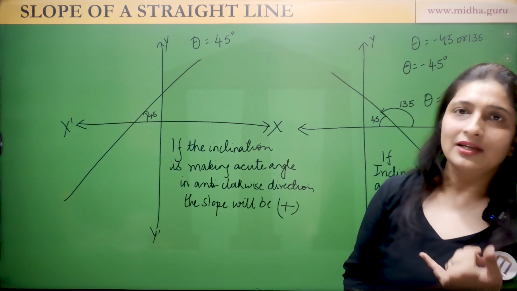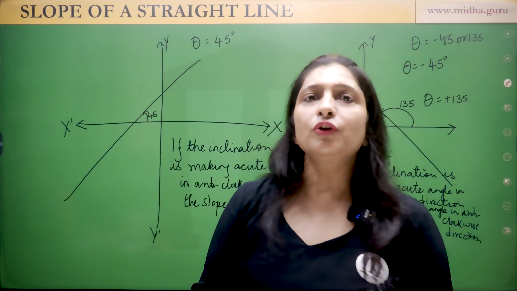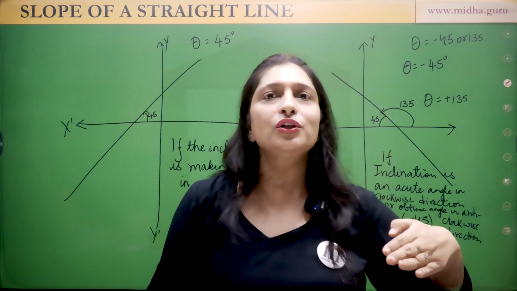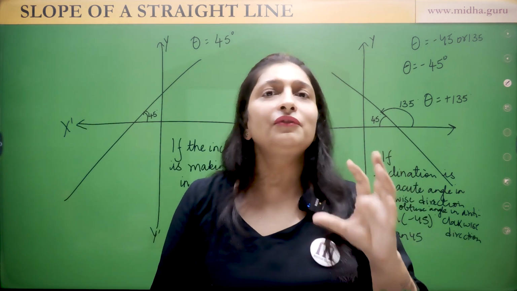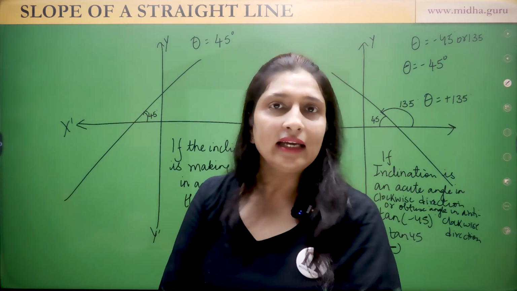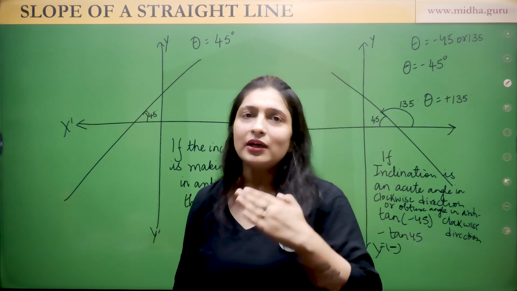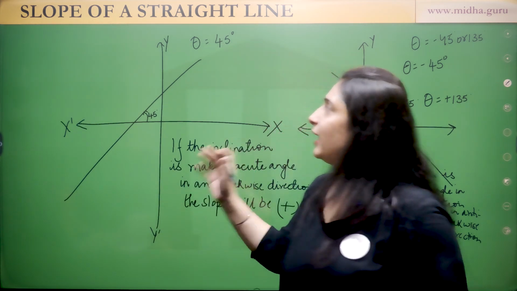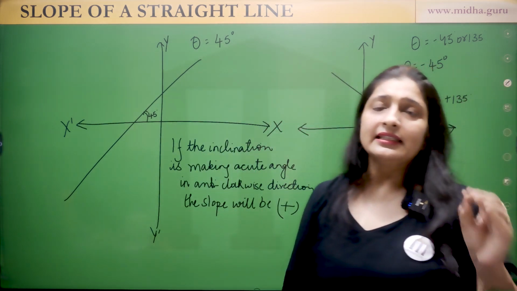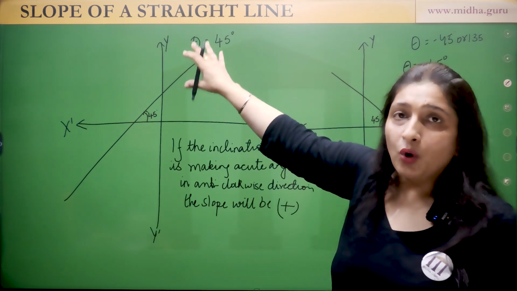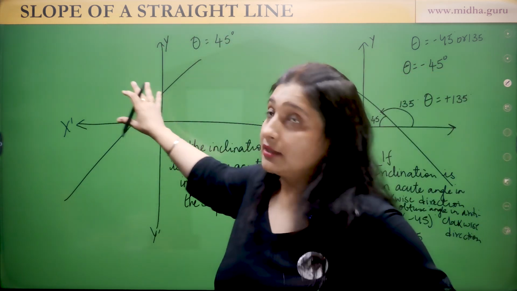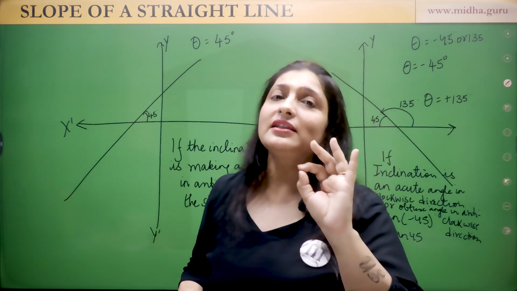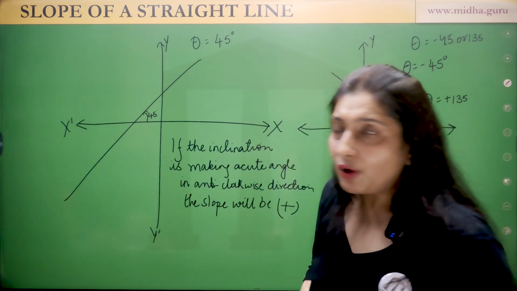So we have seen what is inclination. We have understood the concept of slope. What a slope is: the ratio of vertical rise by horizontal run. From that we got the value of slope as tan theta, because the ratio of vertical by horizontal is the ratio of what? It is tan of that angle, tan theta. Next we studied the slope of a straight line and what the signs are when it is measured. If the inclination is measured anti-clockwise or clockwise, what are the signs for slope? Will the slope be negative or positive?